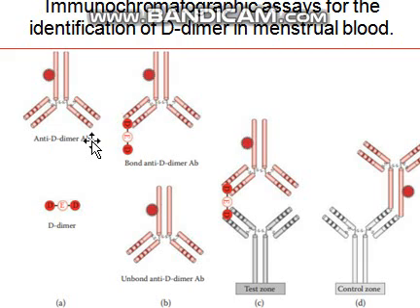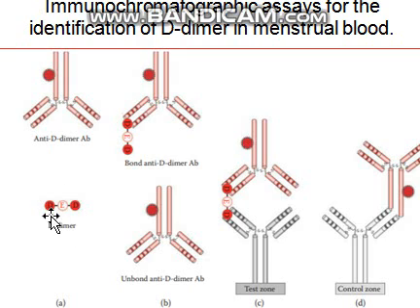Here two types of antibodies could be used. The first is the anti-D dimer antibody and the other is the anti-globulin, which is an antibody against the anti-D dimer antibody itself. The anti-D dimer antibody is also of two types: one anti-D dimer antibody is labeled with some coloration, and the other one is unlabeled.